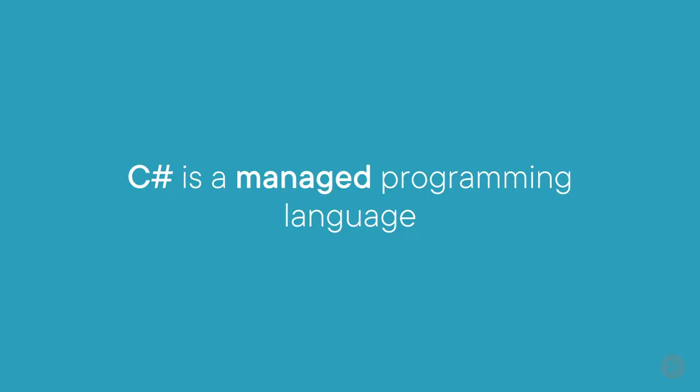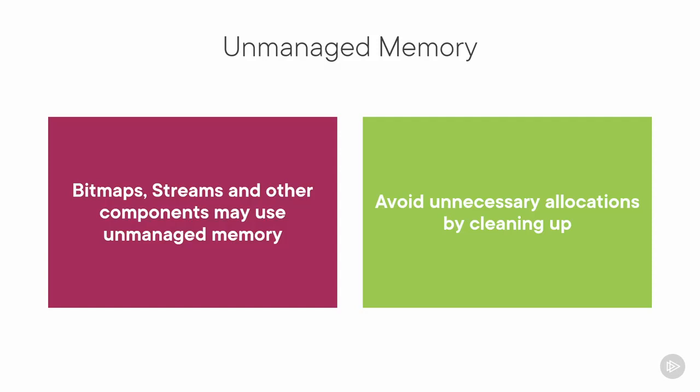In this final module, we'll continue on that path and talk about how to clean up resources and learn a little bit more about garbage collection. C# is a managed programming language. This means that you don't necessarily have to worry much about memory management. In some cases, though, you can use components that allocate unmanaged memory. It's wise to follow certain patterns and practices to make sure that you do not have unnecessary allocations stuck in